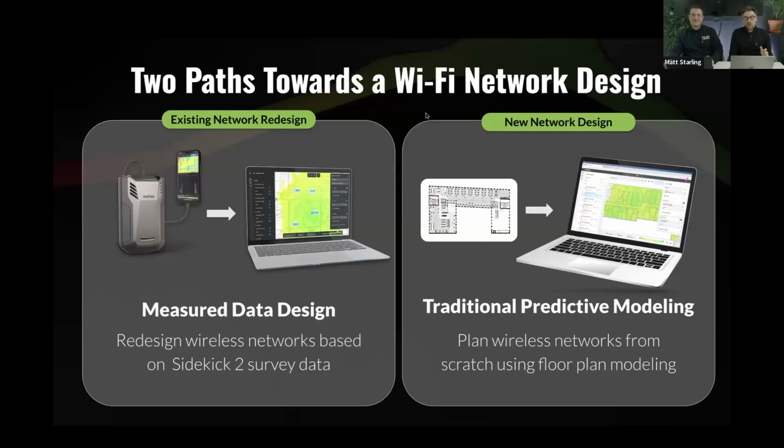And then let's talk about the other option here on the right-hand side that you can do with Ekahau AI Pro, the desktop app and the online version. So this is what we maybe refer to as your traditional predictive modeling, where maybe you can't go on site yet. So you're going to just upload a floor plan, set a scale, define your building, draw obstacles, and then place the simulated access points on the map to see the predictive coverage.